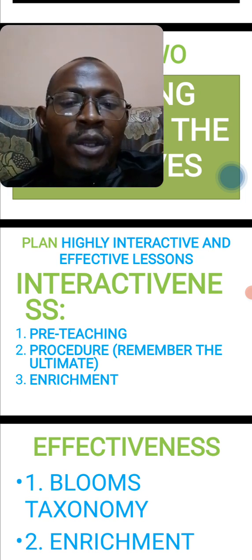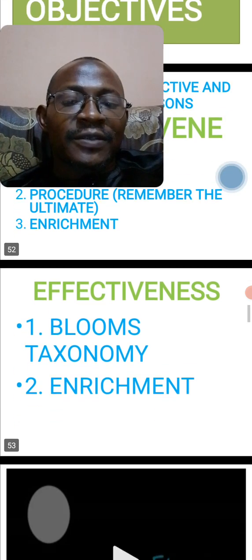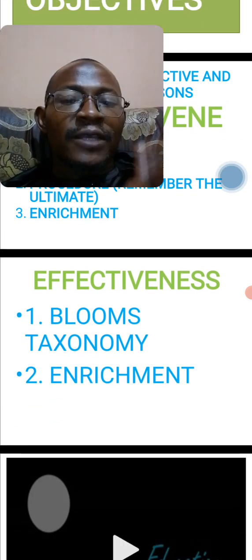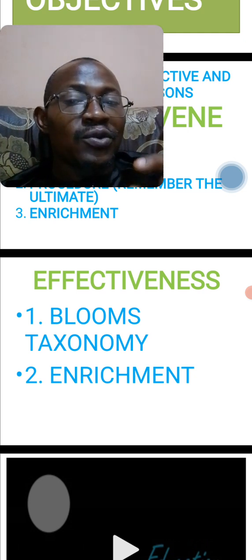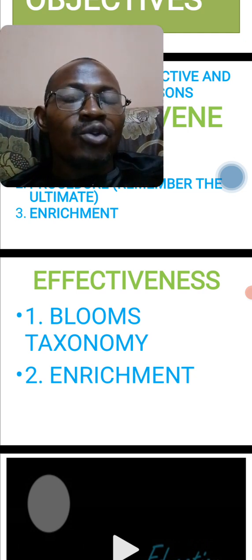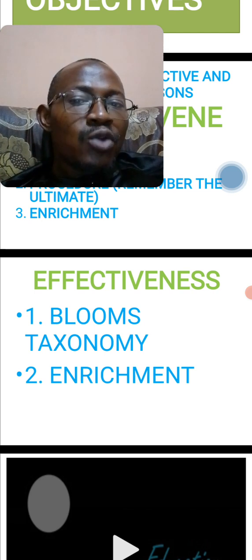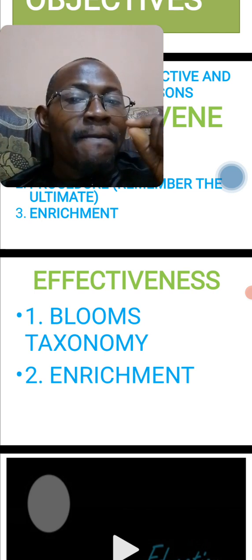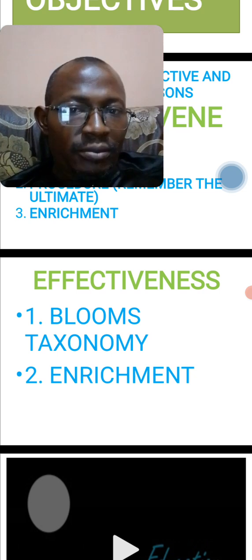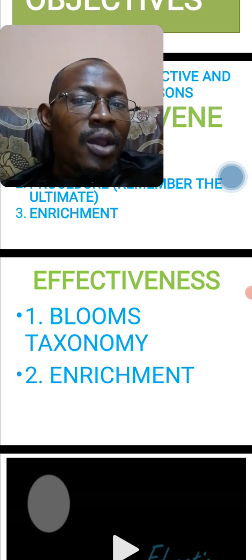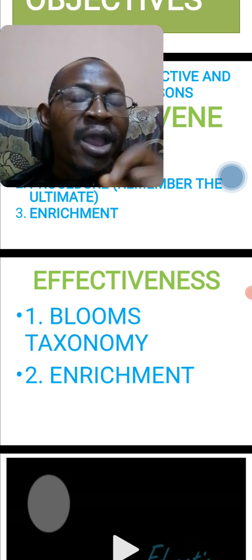Okay. Now, how to gain effectiveness? If you want your lesson to be effective, if you want your real objective to be achieved, then you must learn Bloom's taxonomy. You must learn Bloom's taxonomy. You must be a master of Bloom's taxonomy, especially in the cognitive domain, where you learn about